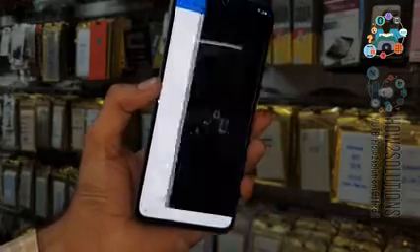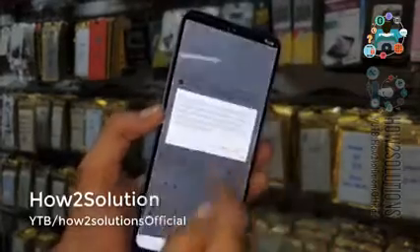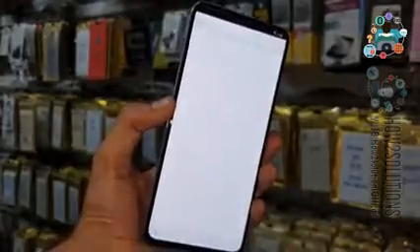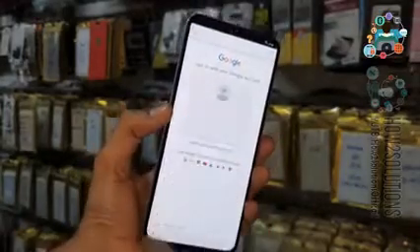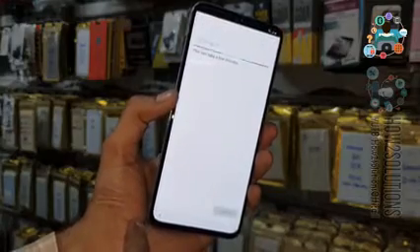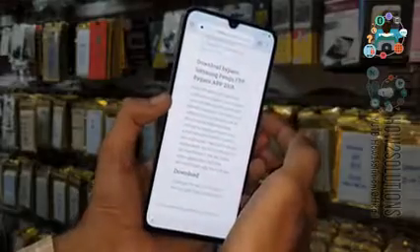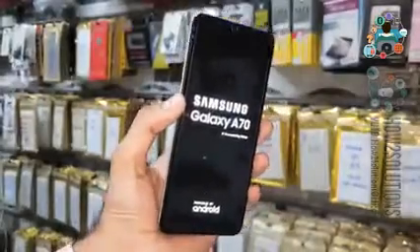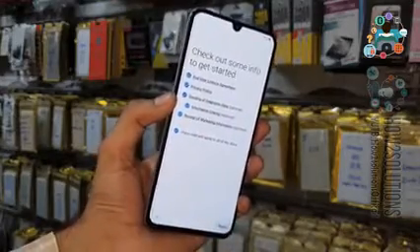It is installed. Now open this, and now we are going to enter a new account from here. Just enter your new account and password. I am using a dummy account, so you can use your own account. Now we have successfully entered our Gmail account. We can reboot our device. I have fast forwarded this clip to save time, otherwise it has taken around 3 minutes.